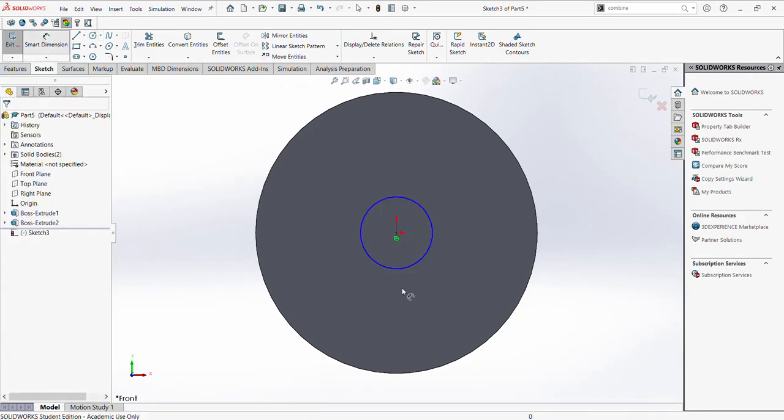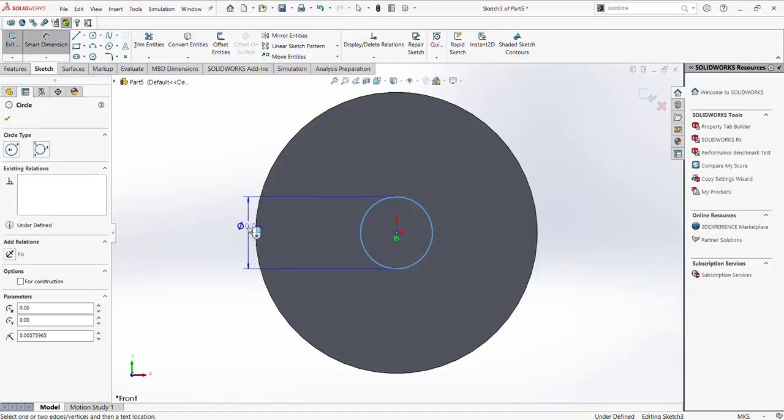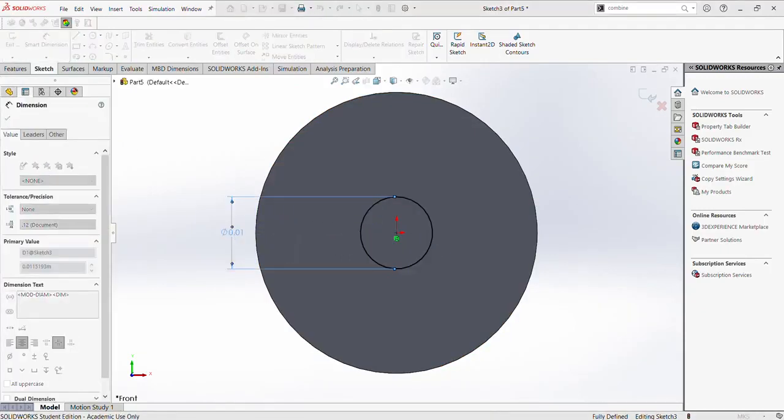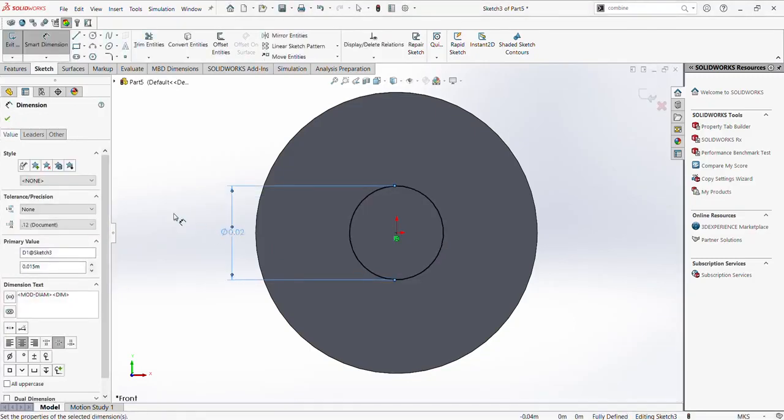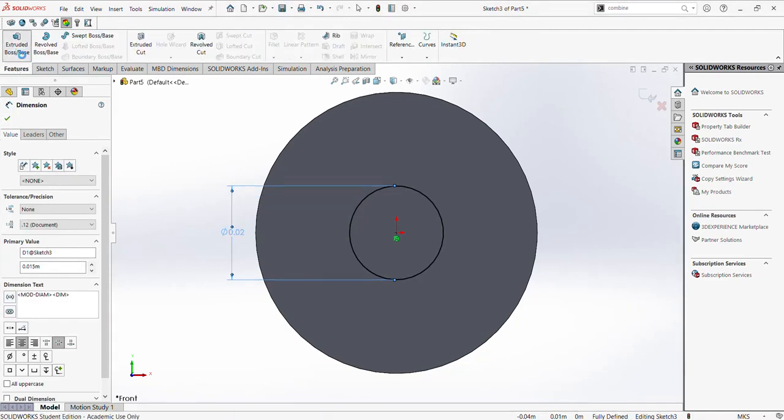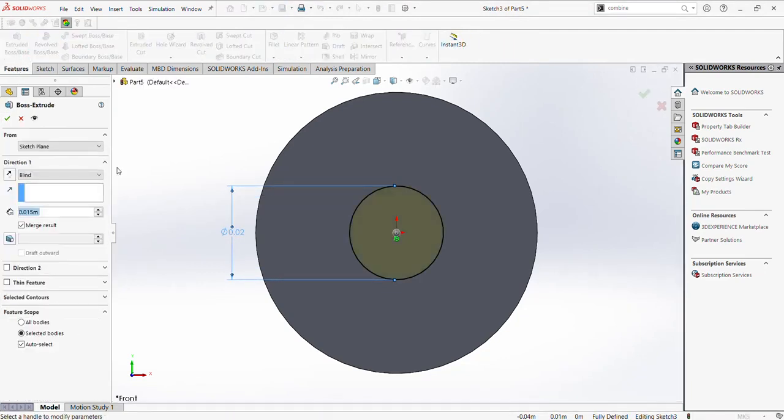And let's make our dimension 0.015 bigger than the inner circle, and then we're gonna use this extrude feature again, and then we're gonna make it longer as it's an inlet, 0.7,